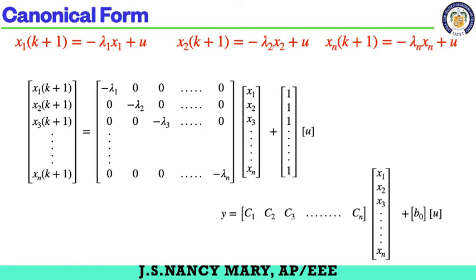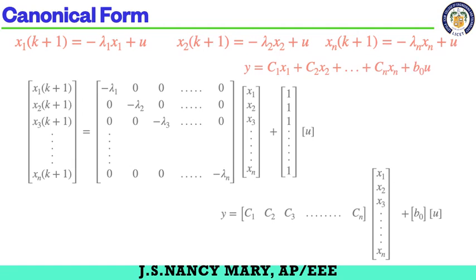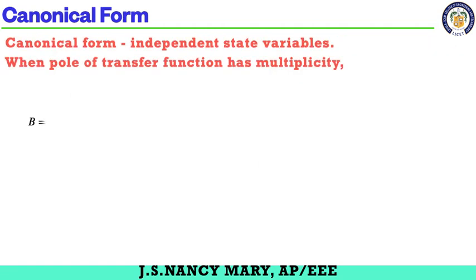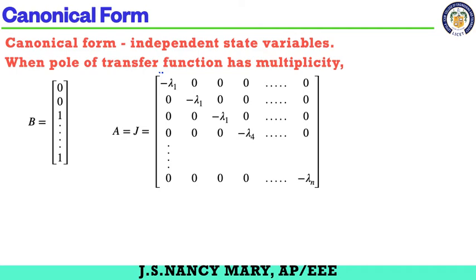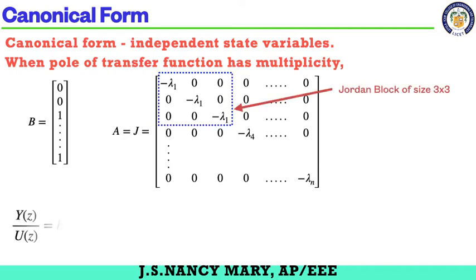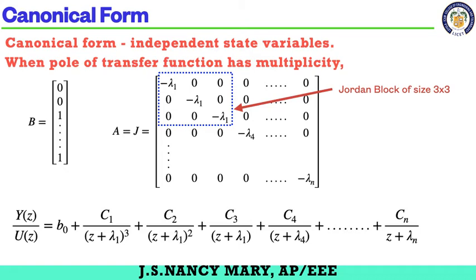From this canonical form, after that we will be having one more form, which is called the Jordan block form. Jordan block is nothing but the same poles being repeated. So if you see here, this will be your Jordan block, that is, same poles are repeated. And then you will have this variation.